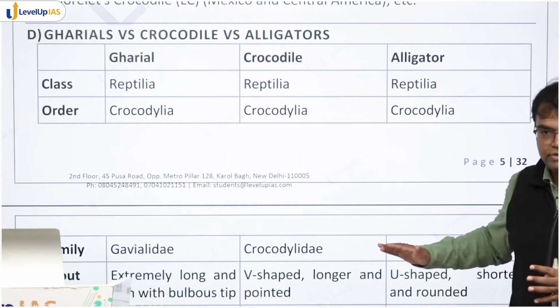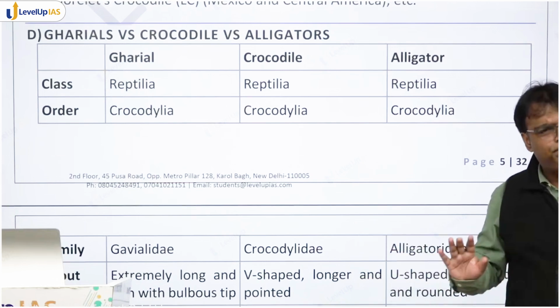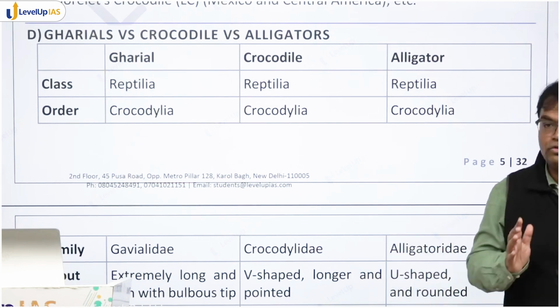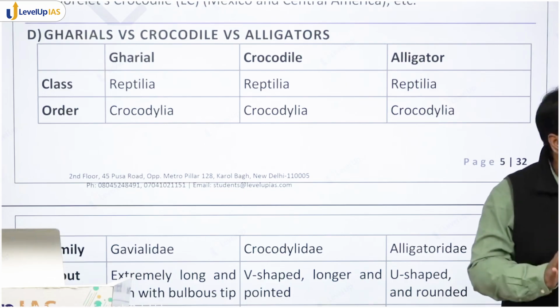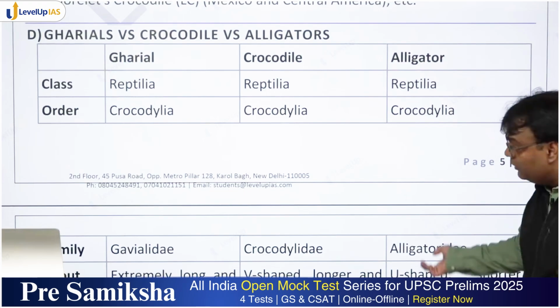And on the basis of those differences, we have physical differences also, food-wise differences also, and broad geographical distribution-wise differences also. I hope we have clarity over this. Right? Does everyone understand? Okay. Now,